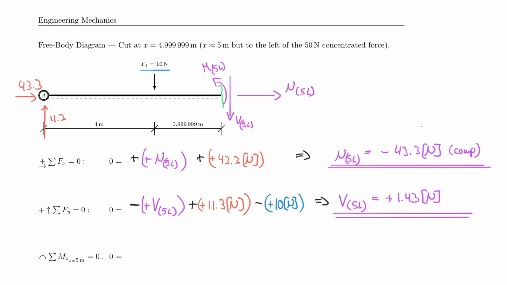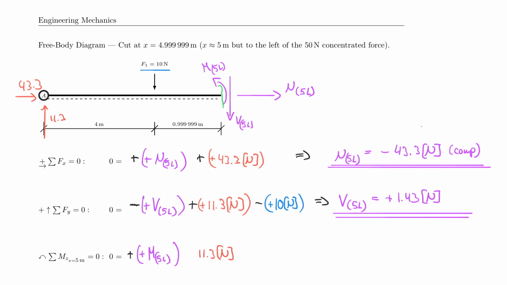So the moment, of course, again, is positive defined, 5 to the left, but it's rotating counterclockwise, therefore it's positive. And now remember that we're taking the sum of the moments about this point. In fact, I indicated this for you here, x equals to 5. So I really have to take the 11 and the 10 and rotate it about this point. Now the 10 actually does have a lever arm, but we'll come to that in a second. Let's first start with the 11.3 Newton